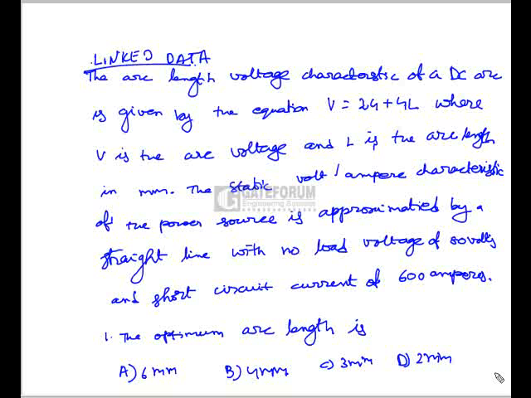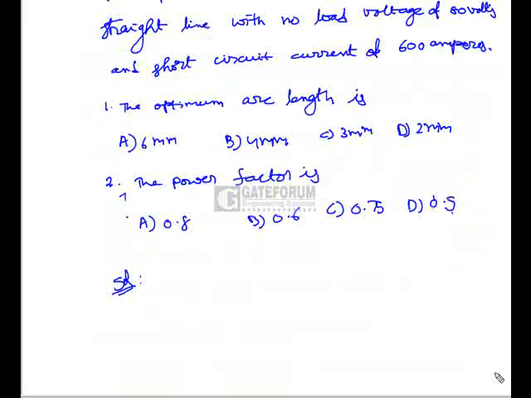So let us see. The first question is: the optimum arc length is, and the options are 6 mm, 4 mm, 3 mm and 2 mm. And coming to the second question, the power factor is, options are 0.8, 0.6, 0.75 and 0.5. Coming to the solution, the power source characteristic can be written analytically as